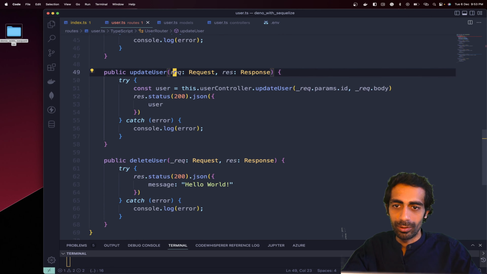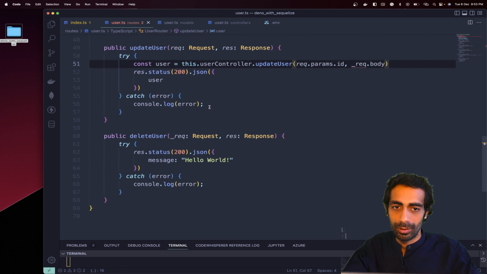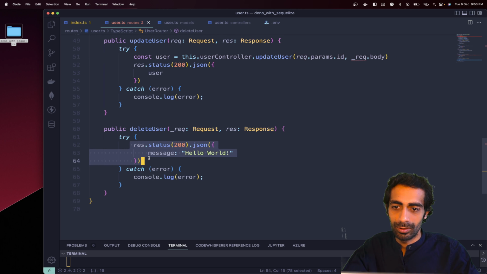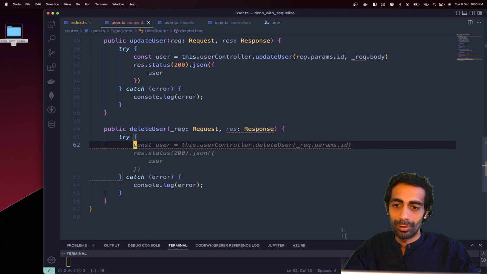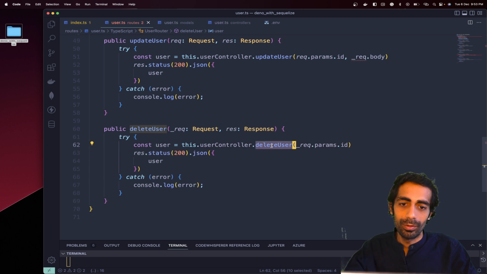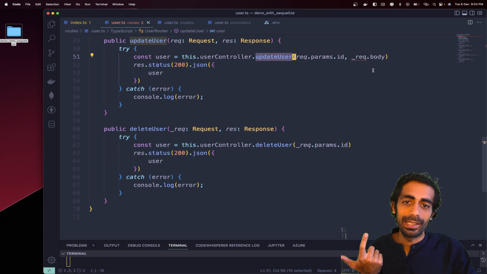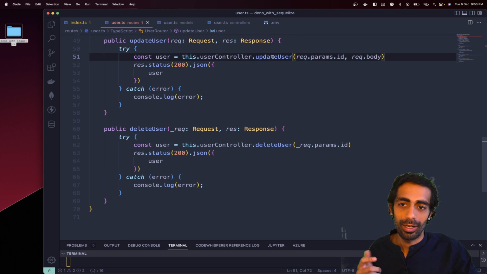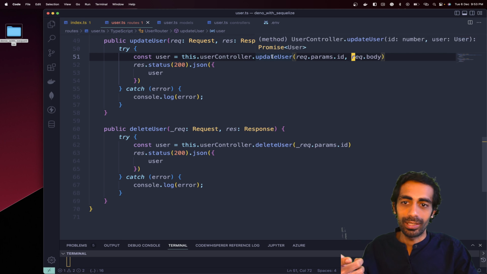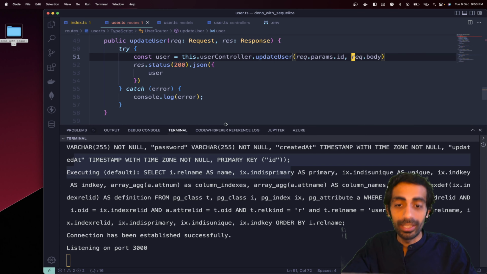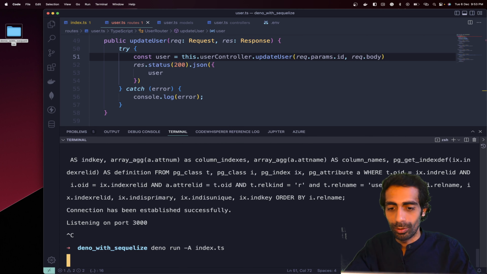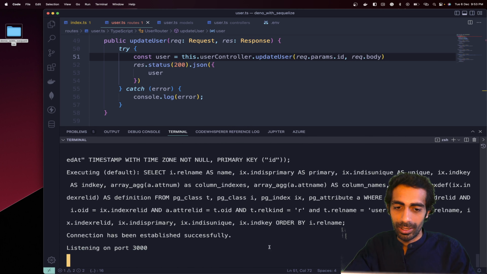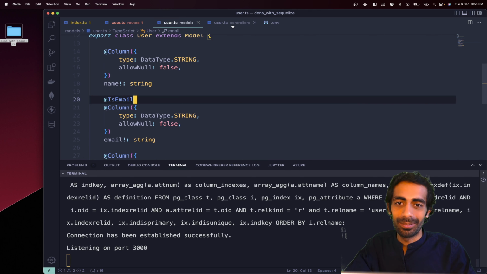By the way, now we are using request, so we don't want to use underscore. In delete it will be the same. If you delete something or update something, you won't get anything back. After that you also need to find that user with that ID. If you don't find it, you can return the message like this. Since we are using force, now we can change it and make it back to